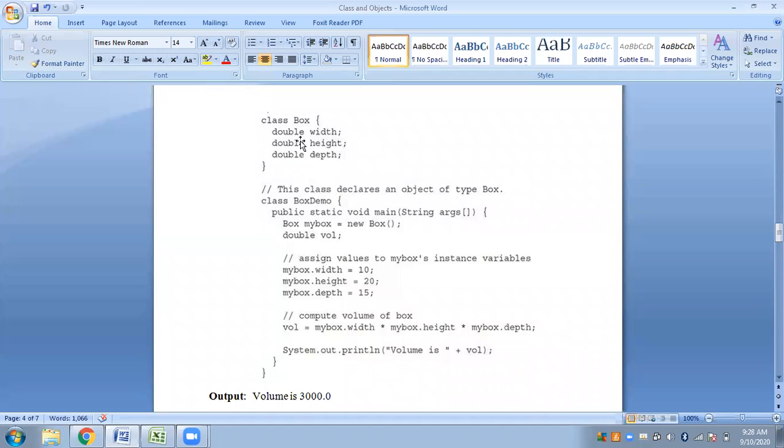In case you are accessing variables or methods that belong to some other class, from a different class, then you have to create an object for that class.